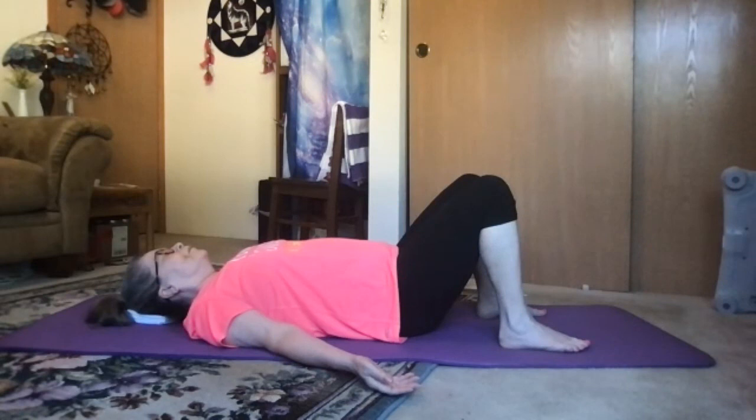spiritual heart center, right side of your chest, heart center, left side of your chest, heart center, navel center, center of your pelvis, right hip, knee, ankle, right big toe, second toe, third toe, fourth toe, fifth toe, right ankle, knee, hip, center of your pelvis, left hip, knee, ankle, left big toe, second toe, third toe, fourth toe, fifth toe, left ankle, knee, hip, center of your pelvis,